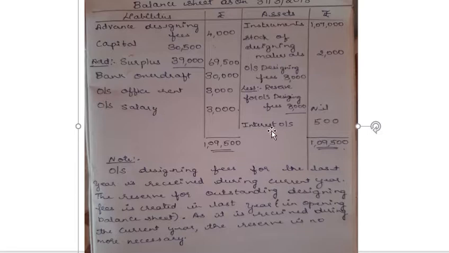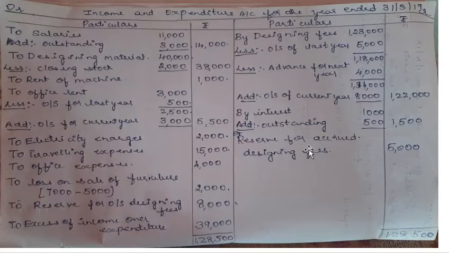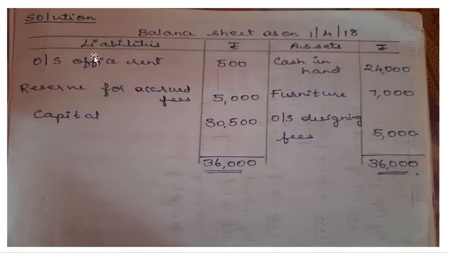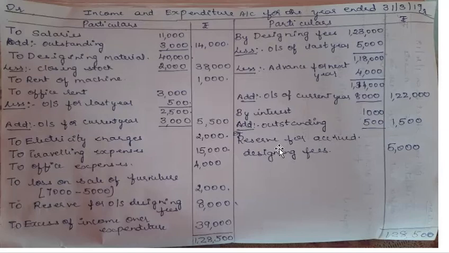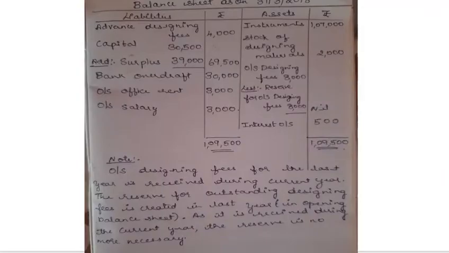This working note I have given for the reserve of the last balance sheet, this 5,000 I have written here. It is assumed that it is received this year, so it becomes an income for the company. So that is the credit side. These are all expenses, these are all income. Okay, so make a note of it and try to understand it, clear the concept. Any doubts you can clarify with me. Thank you.